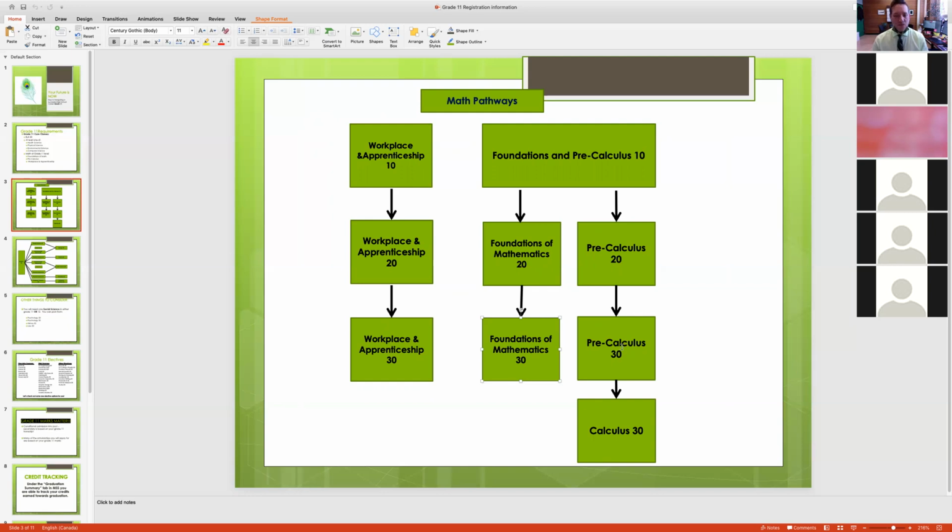So for some of you, and I'll use an example, in this handy post-secondary requirement, before I do that, to graduate in Saskatchewan, all you need is a 20 level math in either of the 3 pathways. So if you took Foundations Math 20 and had no intentions on doing any more post-secondary training, you could graduate with your grade 11 math. That'd be totally fine. However, if we were to look in the post-secondary guide and I was just to randomly check something, let's say